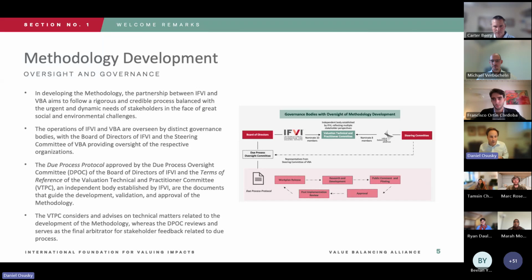that VTPC to ultimately make the judgments about what is the substance and content of the methodologies that are being produced. That is one of the reasons why we are having this webinar today. A part of that due process protocol is ensuring that as drafts of the methodology are developed, we are engaging experts to inform that methodology and then releasing them to the public in the form of an exposure draft where all interested stakeholders are able to review and provide their input to those drafts for further revision prior to finalization